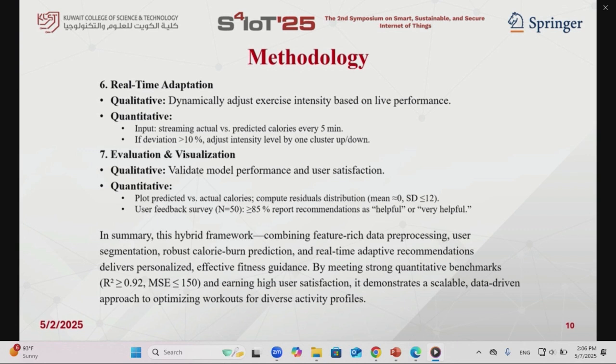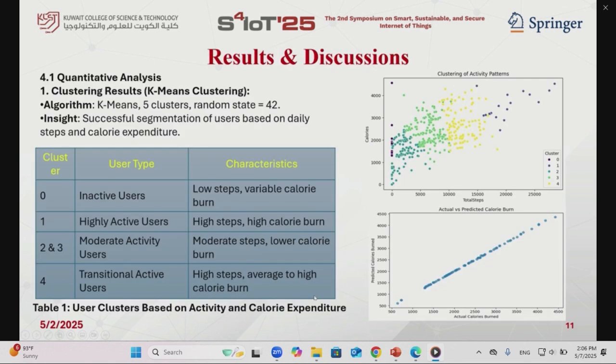Now moving on to the next part, I have also summarized all of that methodology in these 3 to 4 lines. Now moving on to the next slide. In this slide, we start the results and discussion part of our PPT. As we have seen in the methodology, I have divided the results and discussion into quantitative and qualitative